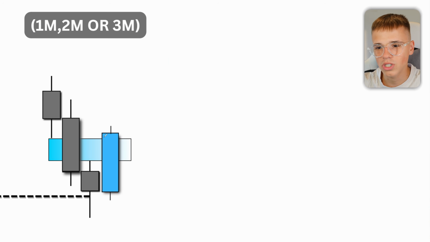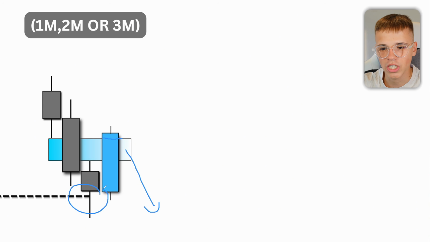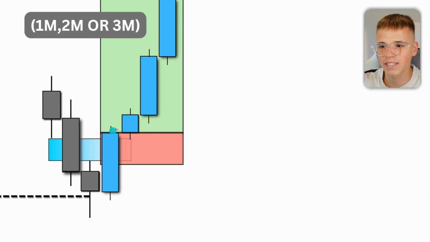So we need to see a disrespect of this fair value gap. So an actual close of the candle right above this fair value gap, and that is exactly when we execute a trade. Why do we enter on the close above the fair value gap? Because a fair value gap is something that is likely to get respected and continue the trend of the market. But since we disrespected it after a manipulation right here, we just entered the trade exactly like this,